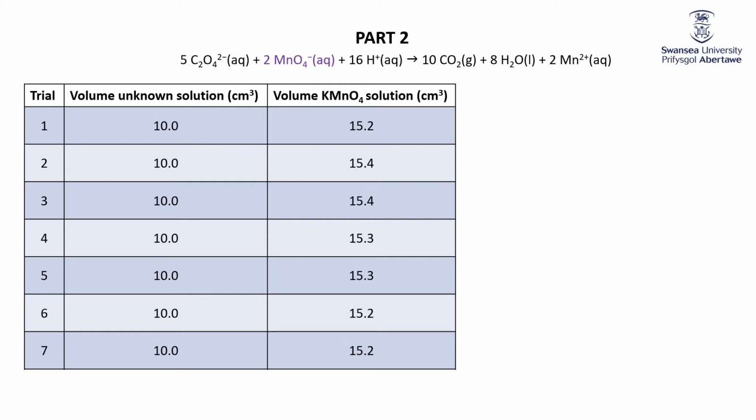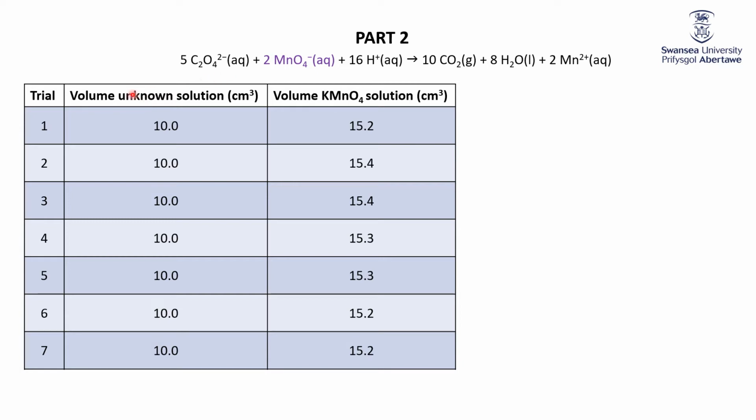Moving now to the second part, in which of course we know the concentration now of the permanganate, but we've got an unknown oxalate solution, and we're going to titrate again, but now we're going to use the volume of the permanganate with the known concentration of the permanganate to get moles of permanganate. Once we've got moles of permanganate, we can get moles of oxalate. Once we know moles of oxalate and the volume of the oxalate solution that contain that many moles, we can